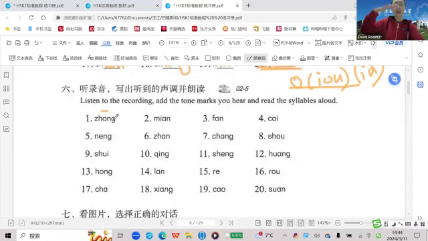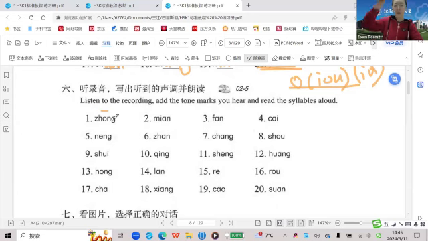I've told you the first tone is the highest tone and flat. 中. The second tone, 中, raises up. And the third tone, down at first, and then raises up, 中. And the fourth tone, when we read the fourth tone, we should use our energy and make an